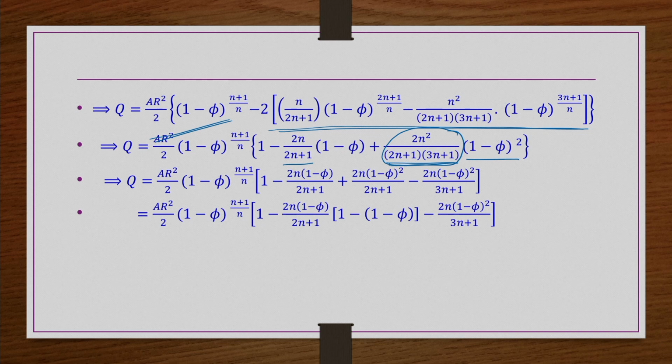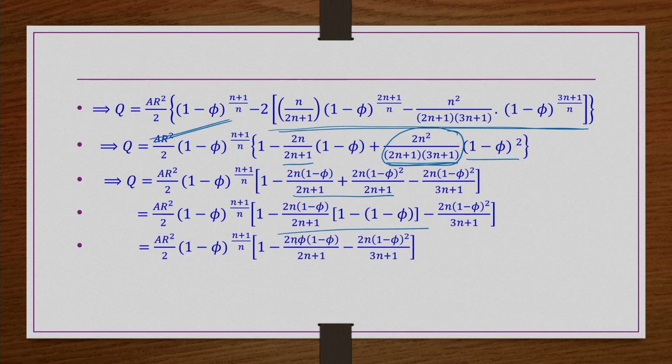So, now in the next step we combine these 2 terms, so that 2n by (2n plus 1) if you take common, (1 minus phi), that is what you get. Then we get next step 2n (1 minus phi) divided by (2n plus 1), and then from here 1 phi is there. So, that is this term, whereas the remaining terms are as it is now,